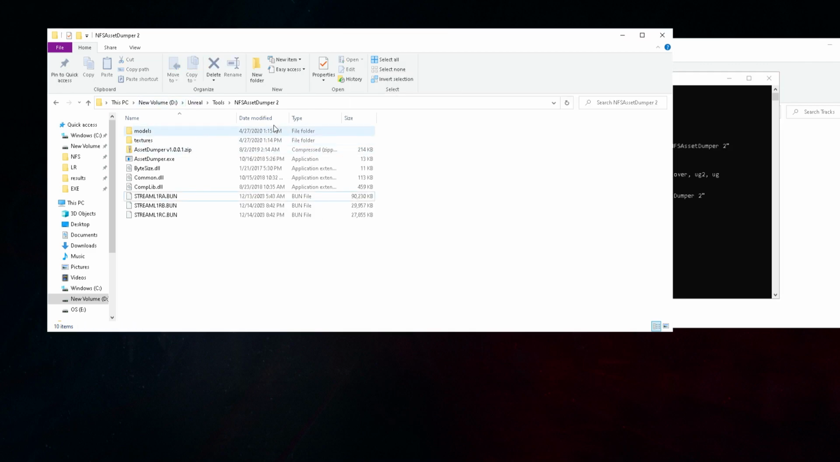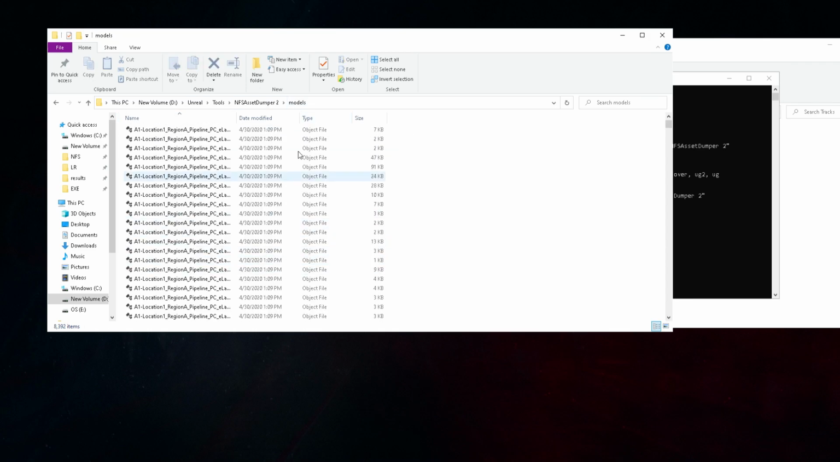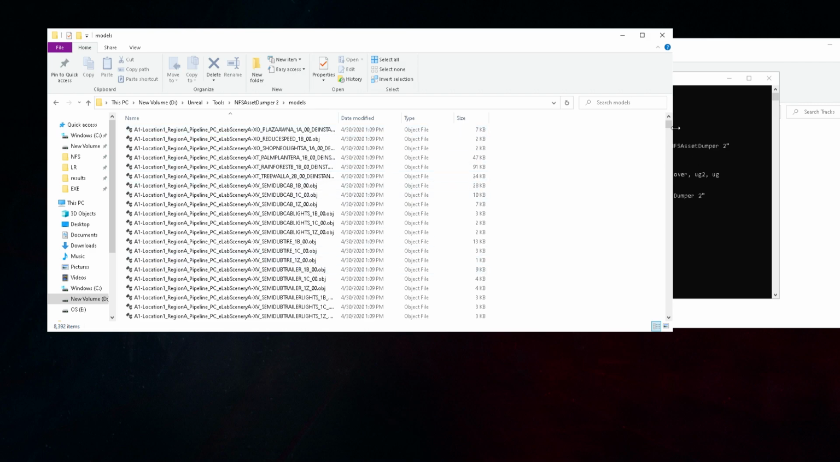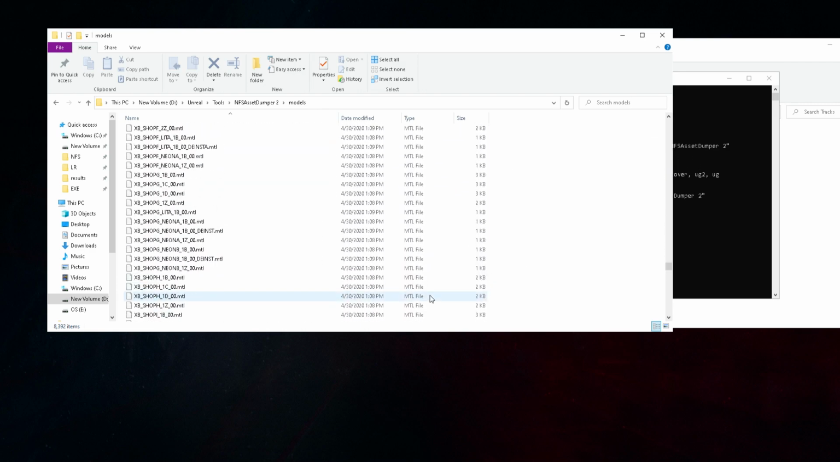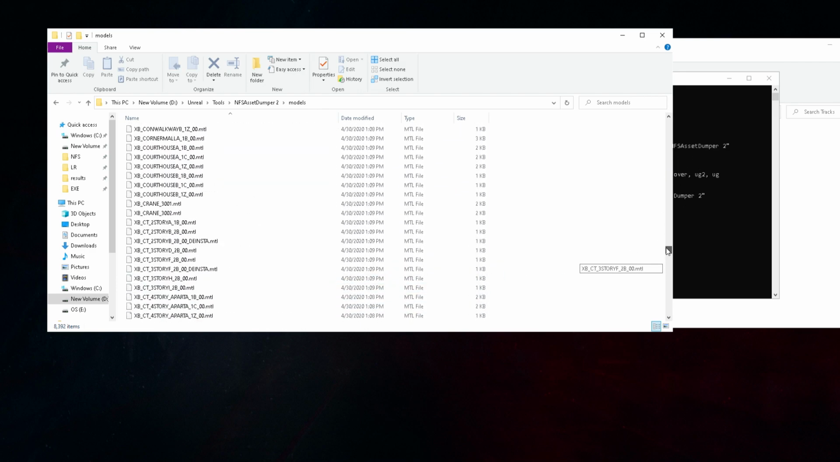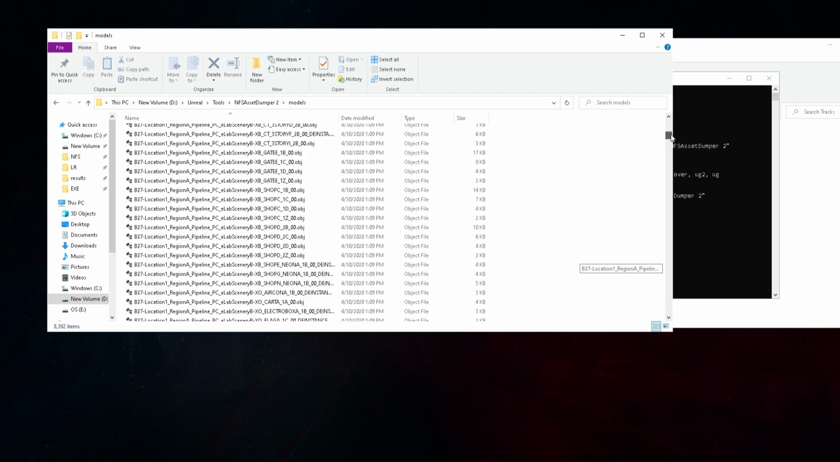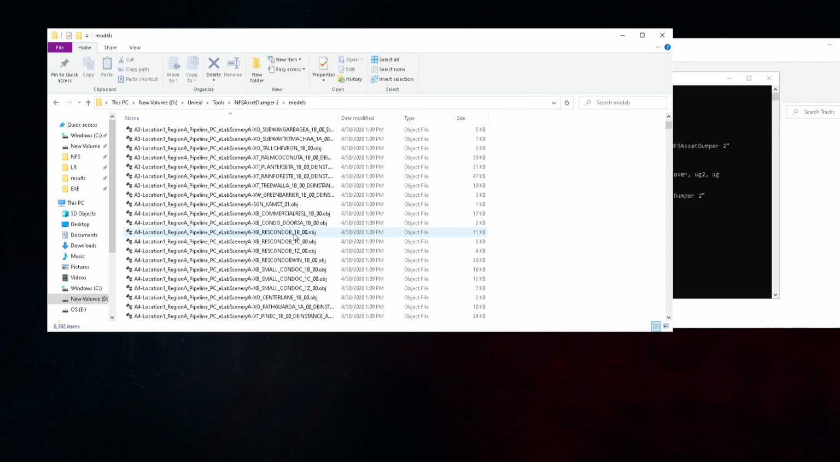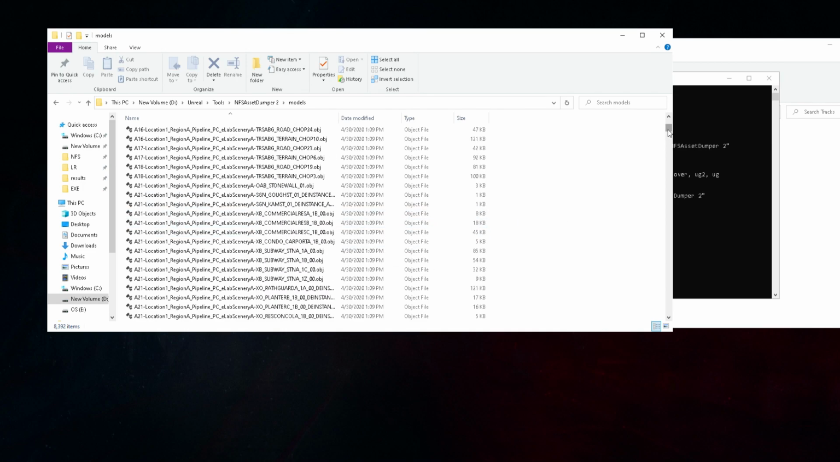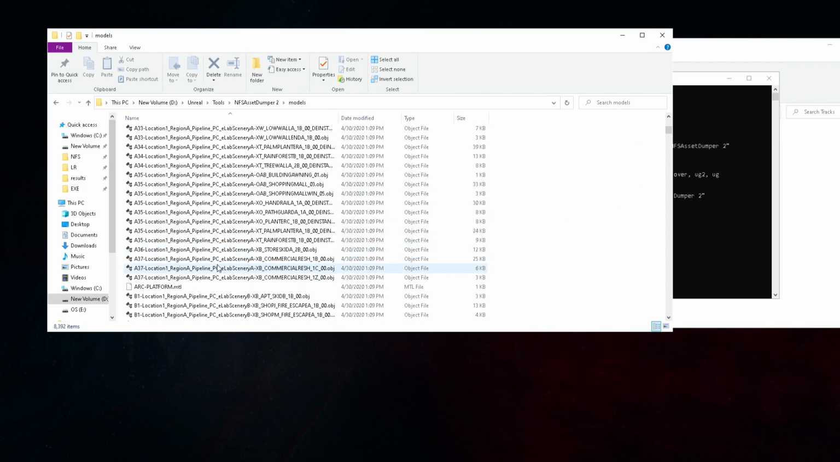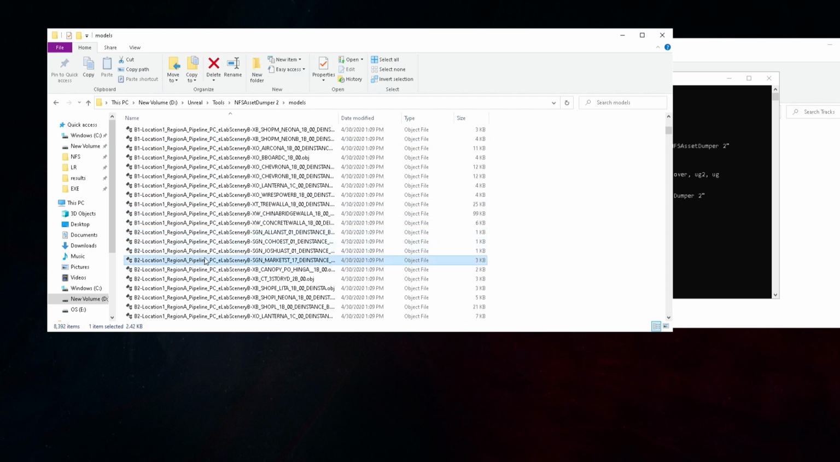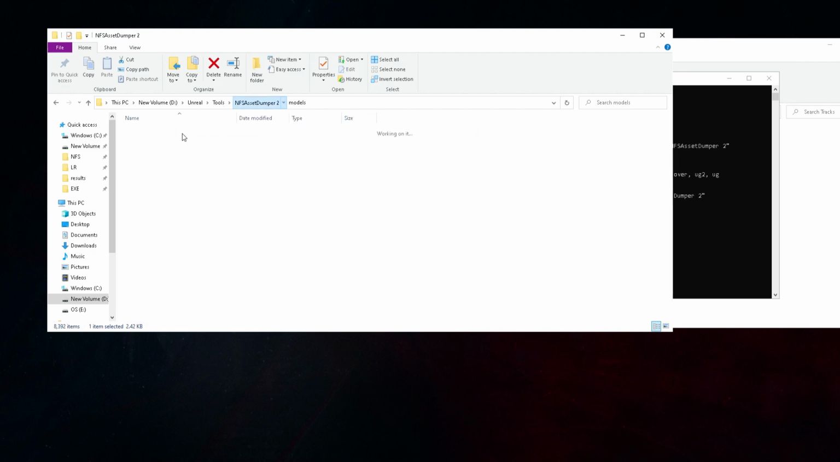So you should have a models and textures folder now. Now this will be basically all the assets in the game. These are separated by the zones in the game, the loading levels. The scenes are split up. So each letter, A is a different scene, B is a different scene. Since we have all of this,